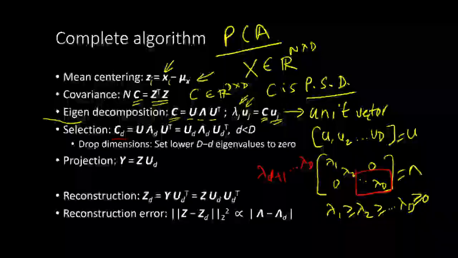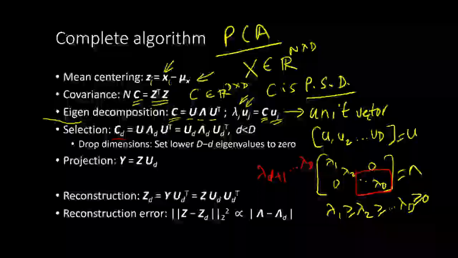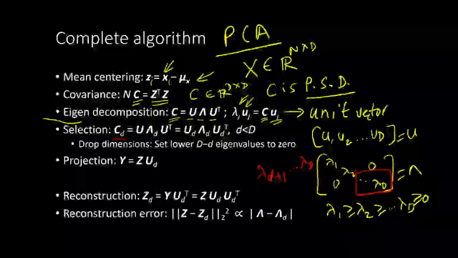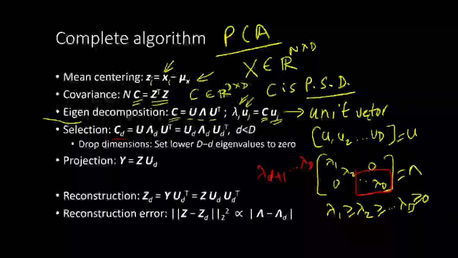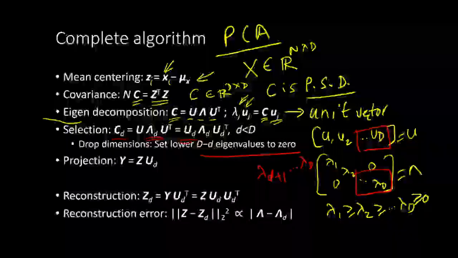If we take that, we will now have a smaller lambda in the sense that it will have only small d non-zero entries. Okay, we will have all the capital D minus small d eigenvalues set to 0. So we are dropping those dimensions. In fact, we can actually make a U matrix where we take the upper portion from d plus 1 to capital D and not use them at all, and we can shrink the lambda matrix also to small d times small d.